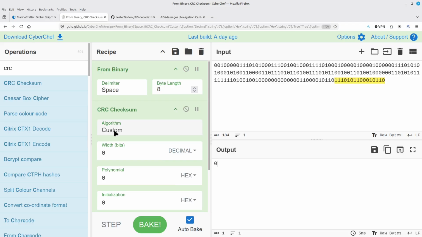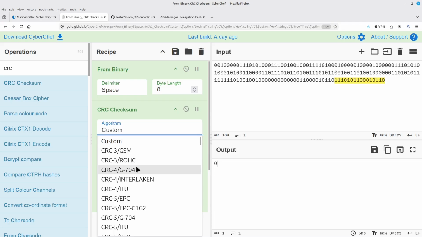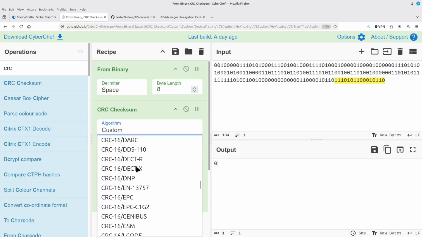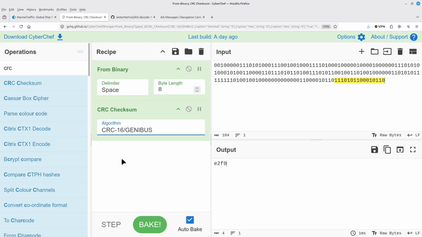I'm going to click on the algorithm, scroll down, and the one that I am looking for is CRC-16/GENIBUS. Click on that. This is what I'm looking for.